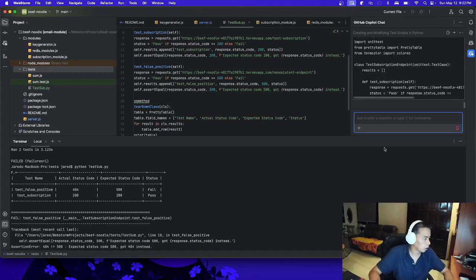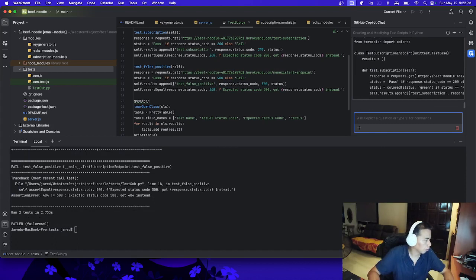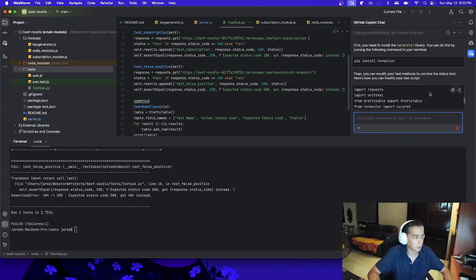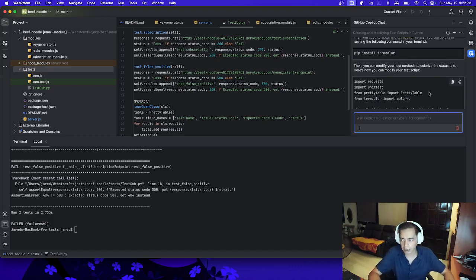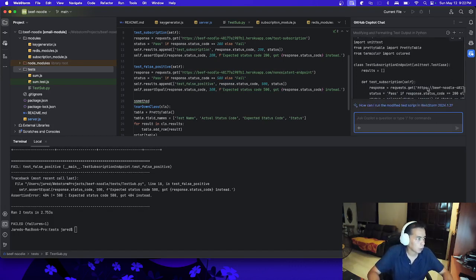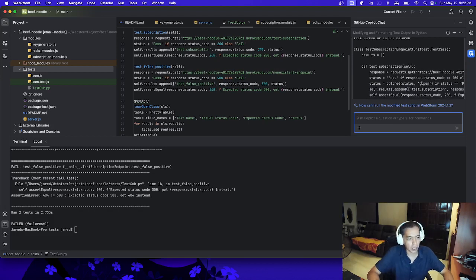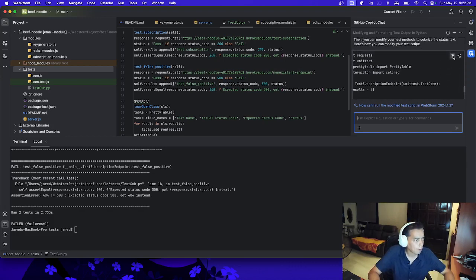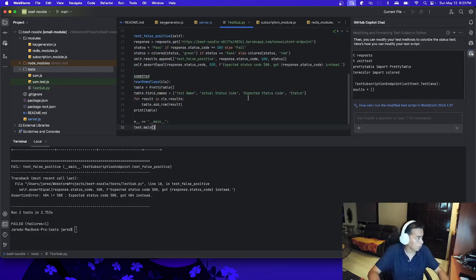So now we're being asked to install another module called termcolor. I guess that's short for terminal color, that we can use for rendering our test in colored format. Now let's select all and then copy and paste.